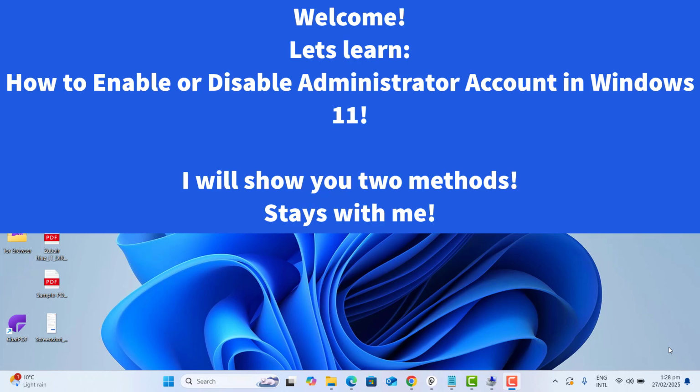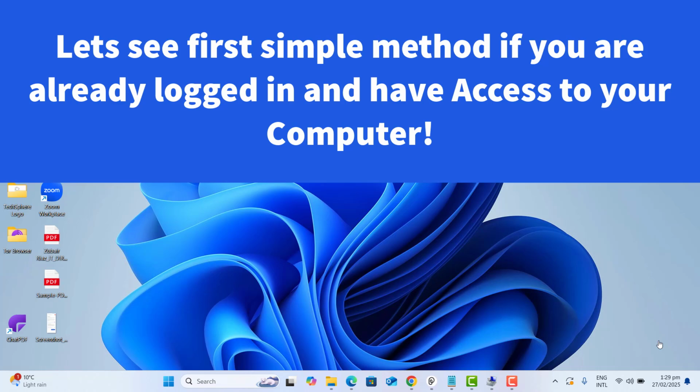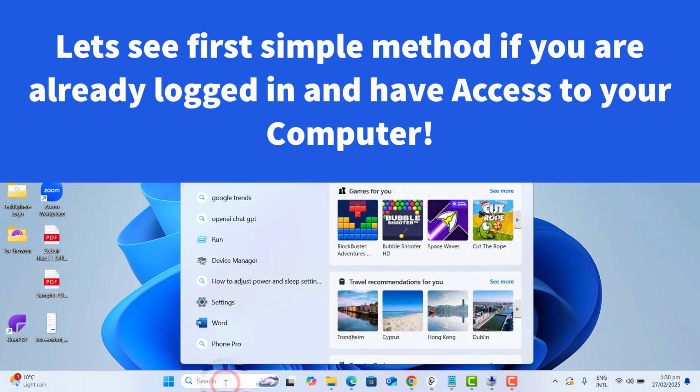In today's quick tutorial, I am going to show you how to enable or disable the administrator account in Windows 11. This is a useful skill to have whether you are troubleshooting issues or managing accounts on your computer or any other computer. The first and simple method I'm going to show you is if you are logged in to your